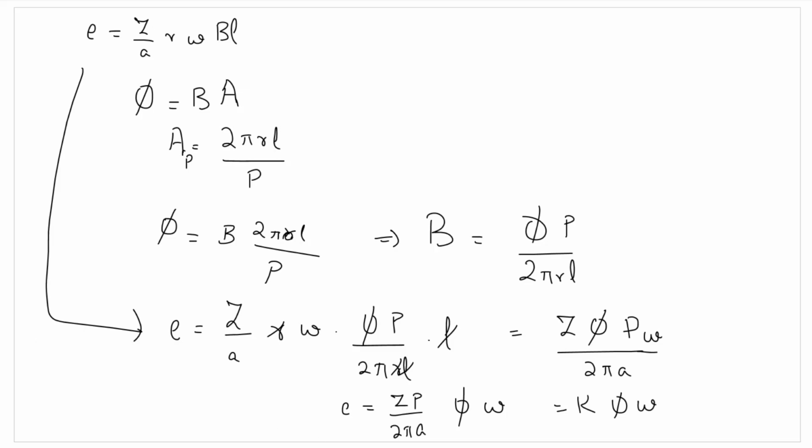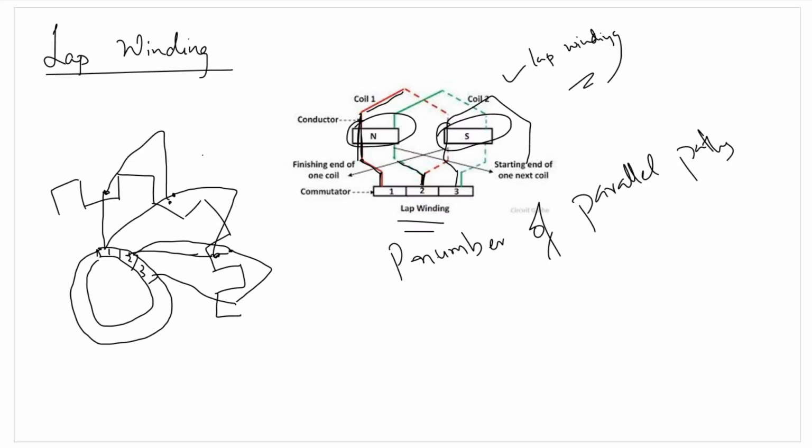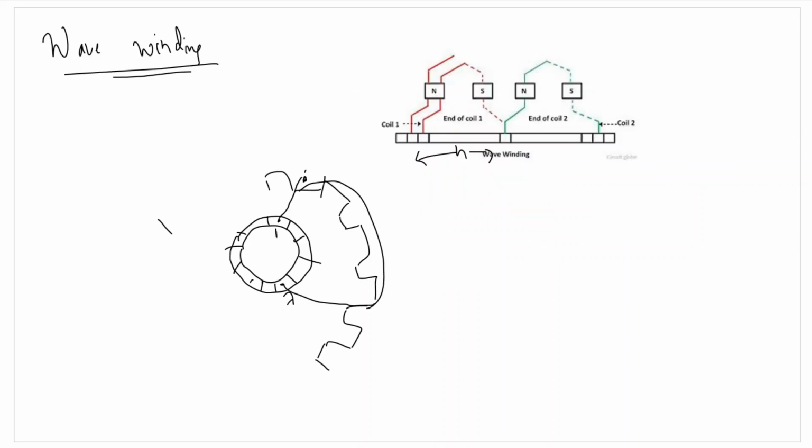So in today's lecture, what we have seen is the lap winding, the wave winding, and the induced voltage in case of DC generators. Lap winding is simply where we have the winding distributed into a number of coils and turns. In each slot there will be placed conductors. Now, if the coil's front end and back end are connected to adjacent commutator segments, they will form a lap winding, as a result of which the number of parallel paths produced in case of lap winding will be equal to P.